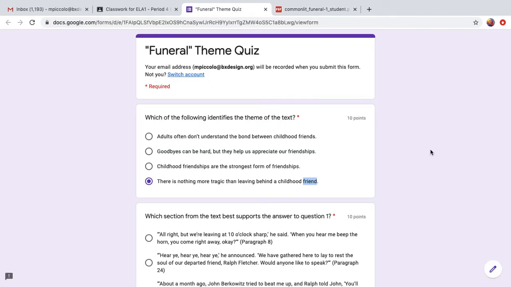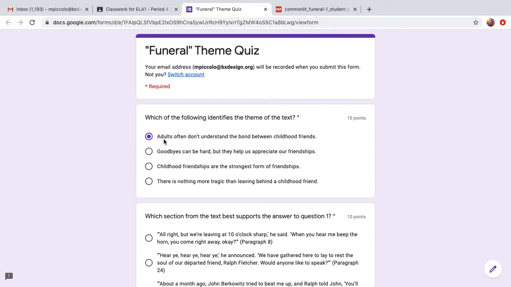So all of these could possibly be themes, right? They could possibly be thematic statements that would relate to the story. And if you guys were just strictly making up your own themes off the top of your head based on the story, I wouldn't be mad at any of these. I wouldn't say that any of these are particularly wrong. But we do have a best one in here somewhere.